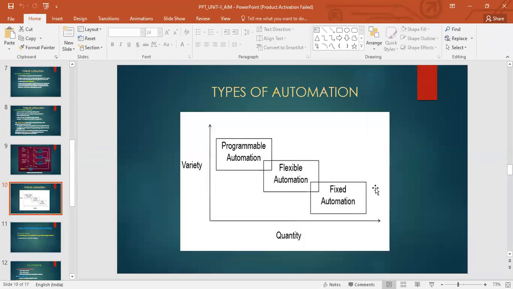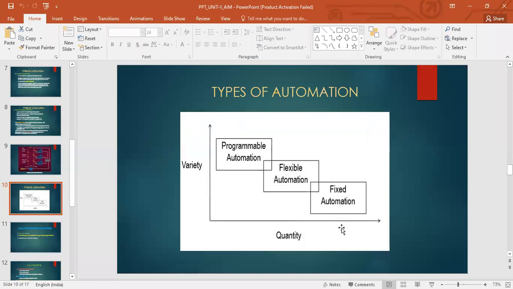Here you see, this is a graph between product variety and quantity. Okay. And we'll see where these automation types will lie on this chart. We saw fixed automation, the first type of automation.